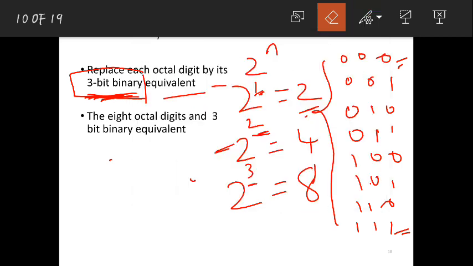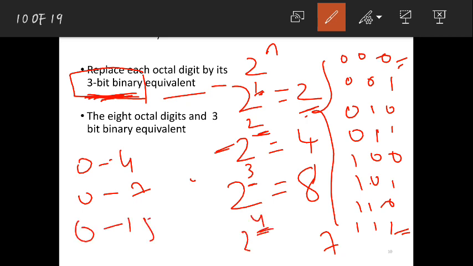In case you take less than 3 bits, that means 2, you can write only a limited range, but here you require 7. In octal you have up to 7. So for that you are taking 3. If you take 3 bits, then only you can write up to 7. In case you are taking more than 3, that means 4 bits, n is equal to 4, then you can write 0 to 15. But here this is not required. If you take 4, unnecessarily you will get one more extra bit. That doesn't make sense because we need only up to 7.